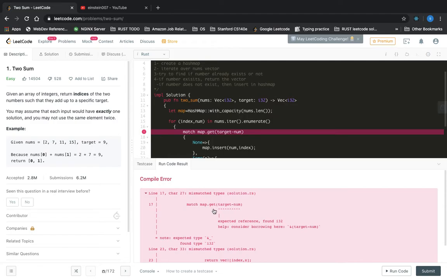See, so the map function here expected a reference, and the reason this error occurs is because Rust is very specific about ownership. Suppose it's just an i32, an integer, a sort of blittable data type, so it doesn't matter if you send it by reference or not. But suppose we are sending some data on the heap in the get function, then Rust wants that string to be sent by reference, so that when the call comes back here, we actually have